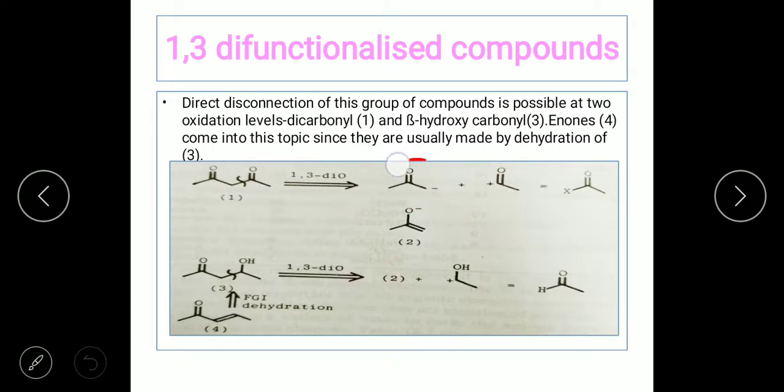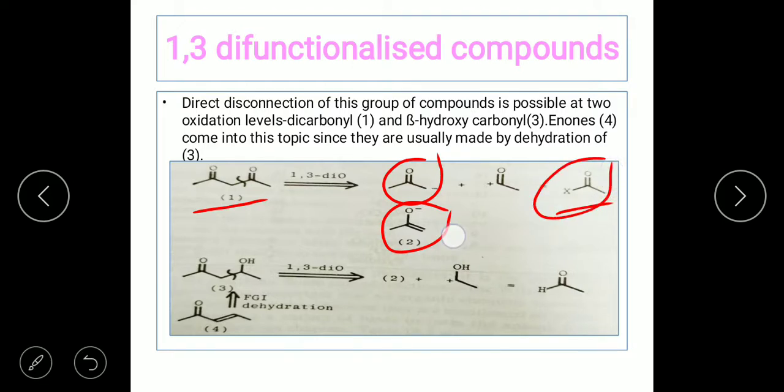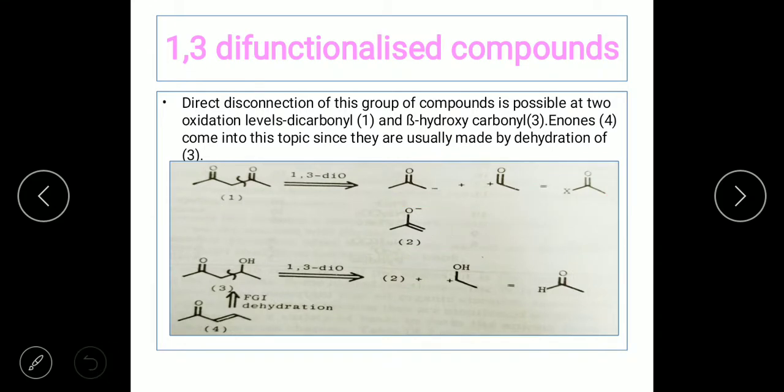Now if you look at this ketone group which is having an anion, you can make use of the enol form to write down its synthetic equivalent, because you can make use of enol as starting material to make the synthesis of the target molecule. Hence you can make use of the enol for one synthetic equivalent, and the other would be an acid chloride. Since there is a positive charge on the ketone, a halide ion can ease the positive charge, and hence you get the acid chloride. So these two are the synthetic equivalents.